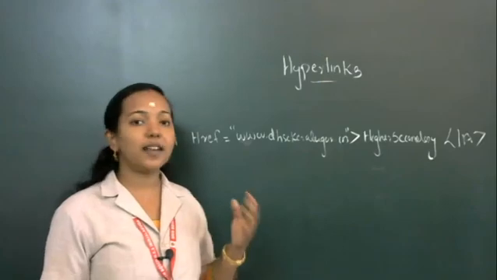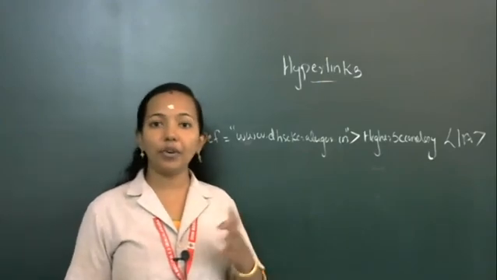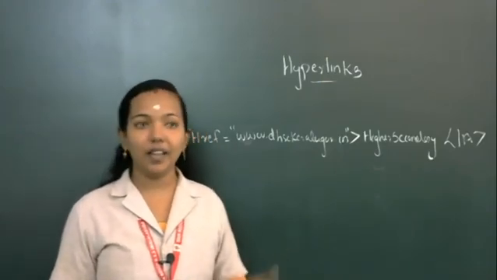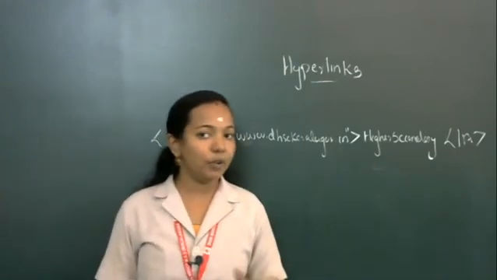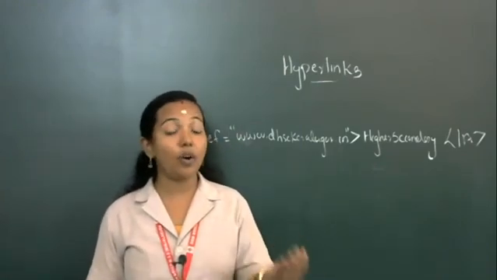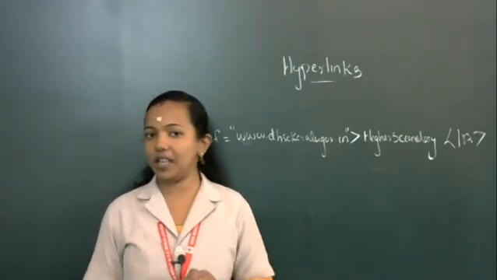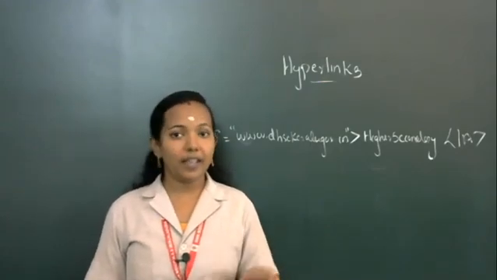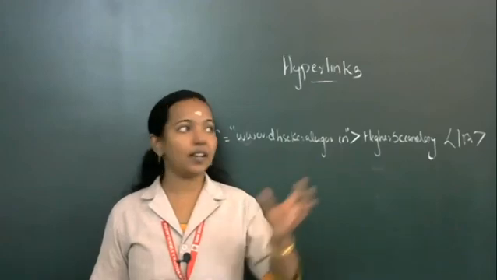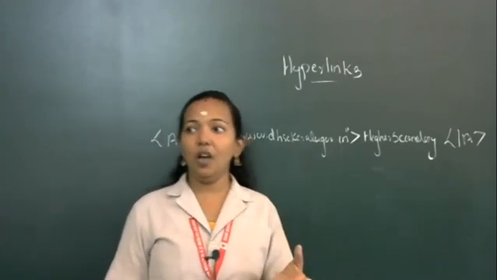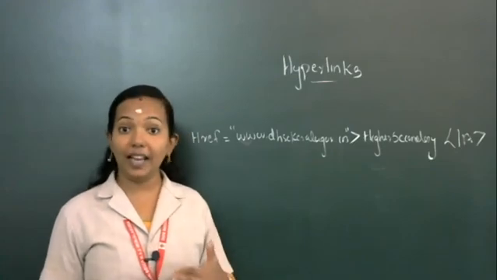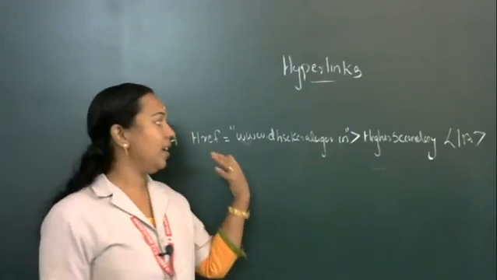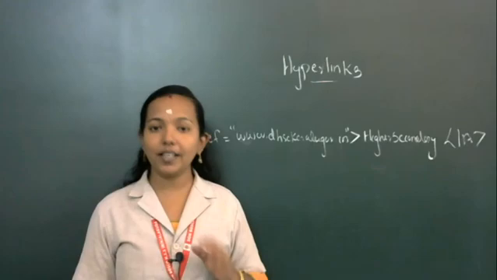Suppose you want to add some features from our own computer but its location will be different, then we can use href. You know the src attribute for img. src means only for image insertion we use src. Not for an image but some other information, like maybe a Word file or a PowerPoint presentation, whatever it is, we can include with the help of the a tag. So the a tag is also known as the anchor tag.